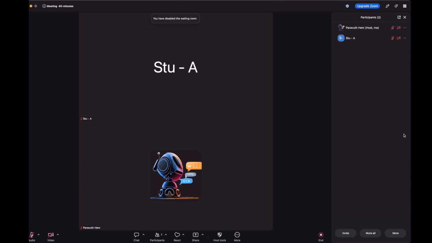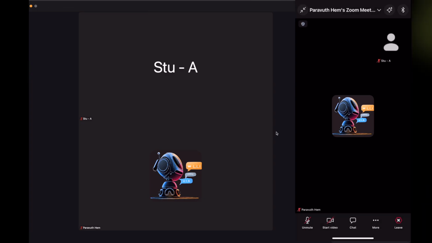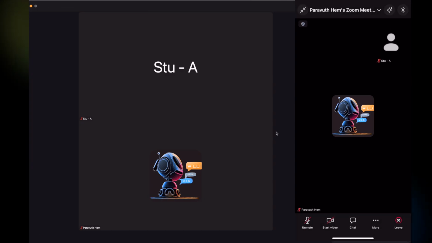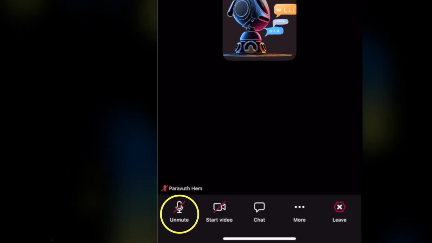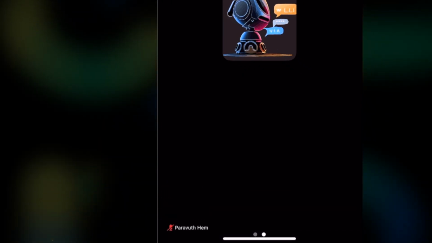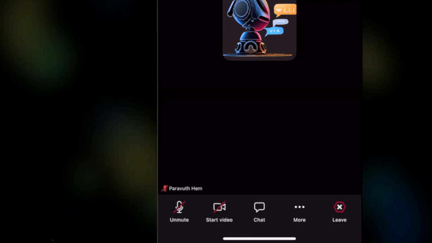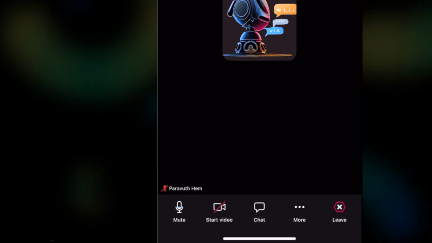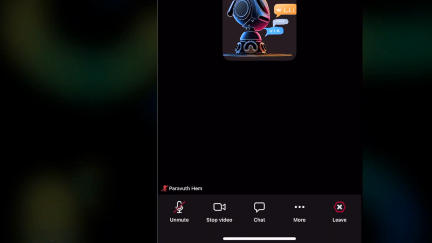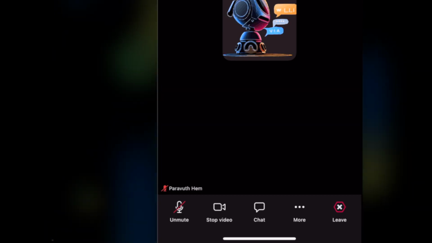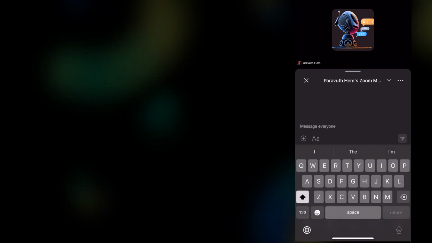And then as the student, on the student screen, this is what you see. On the bottom you see unmute. You press this button in order to speak in the class. Otherwise, you see the red line cross like this. That means when you speak, nobody can hear you, so you have to enable it. And start video, this is when you want to turn on your webcam, so you can do that. Chat, this is where you want to chat to everyone,